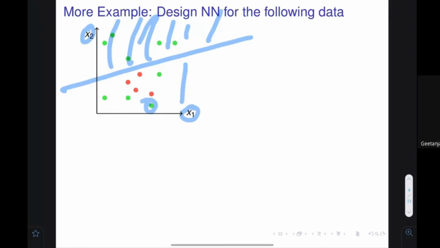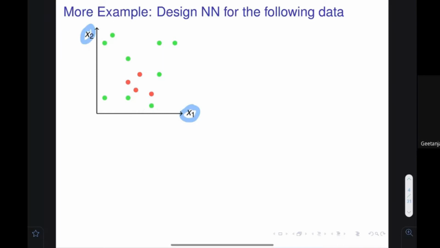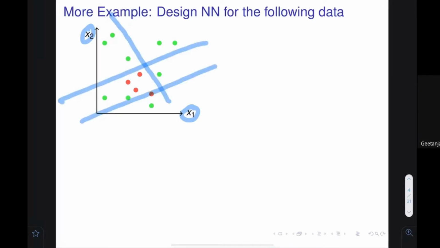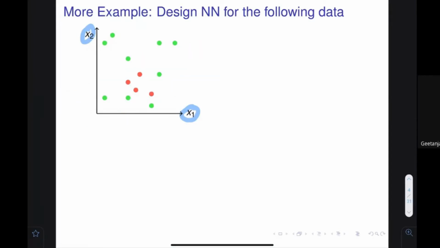Okay, can I try anything else? Can I draw a line like this? What kind of line can I draw? I can draw no line. Make sense? It is not possible. Somebody is saying not a straight line. Okay, so please understand that line means a straight line. Line always means a straight line. Make sense?